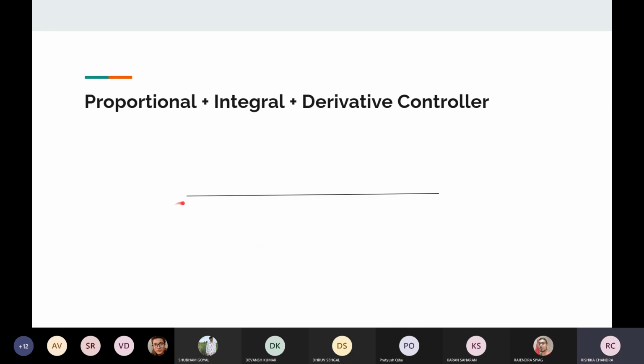So suppose this is the desired height. The straight line is the desired height that you want to fly at, and let's say here is the ground. Now your drone is here, and you have proportional, integral, and derivative controllers. The output of your drone is here at t equals 0, but the desired value is here. So the error is quite large, and when multiplied with the constant, it leads to a larger quantity. So it kind of overshoots.